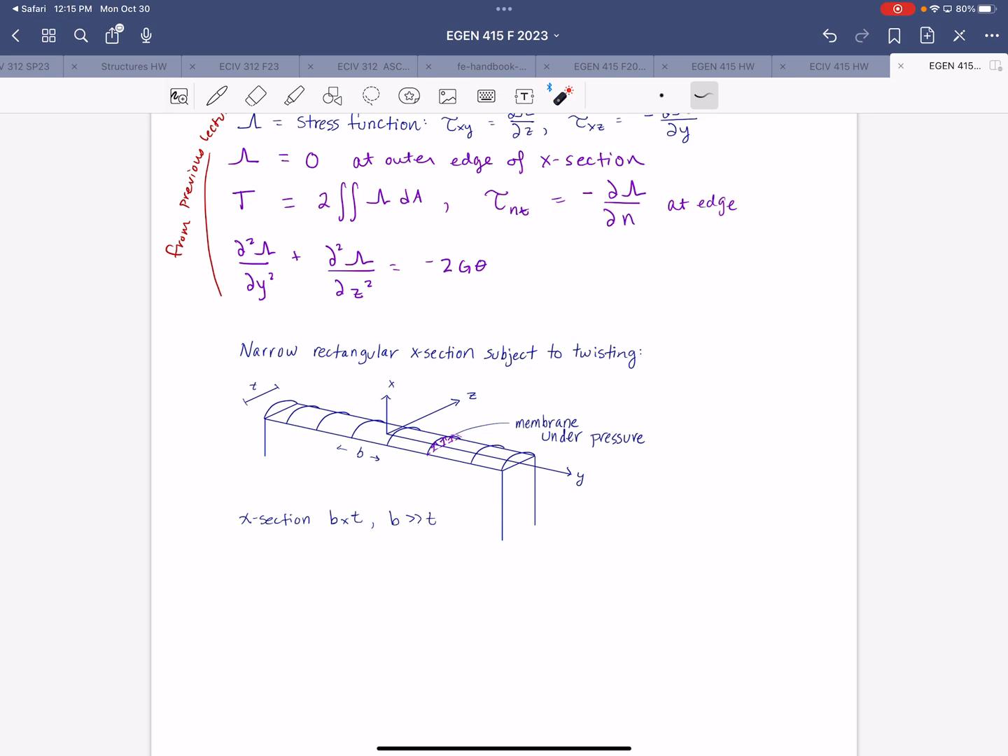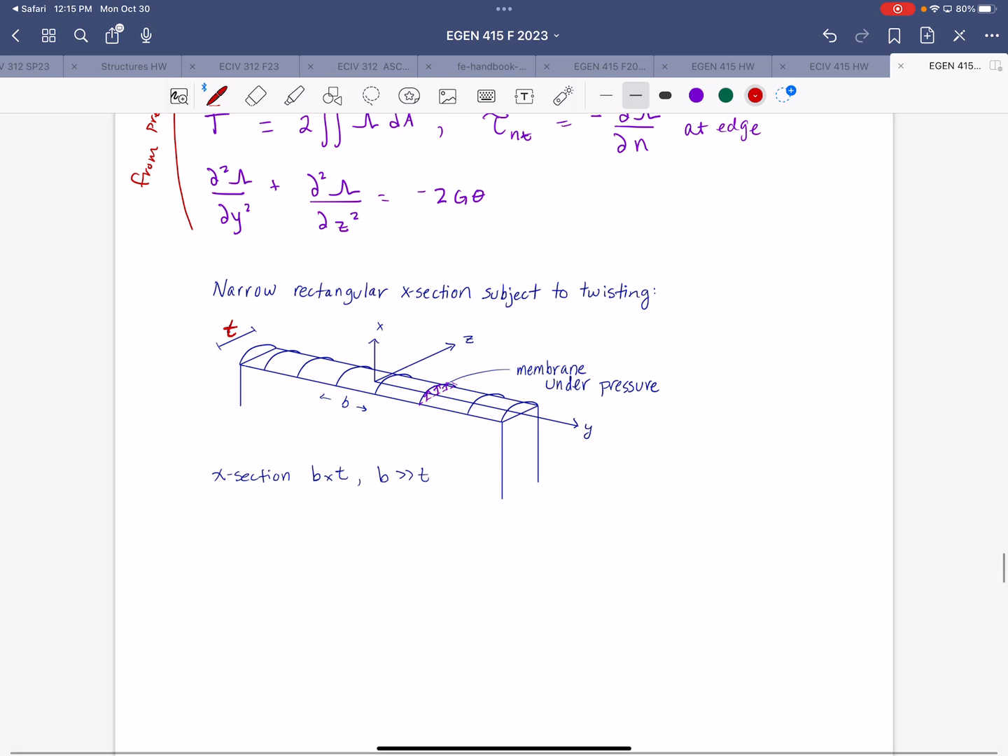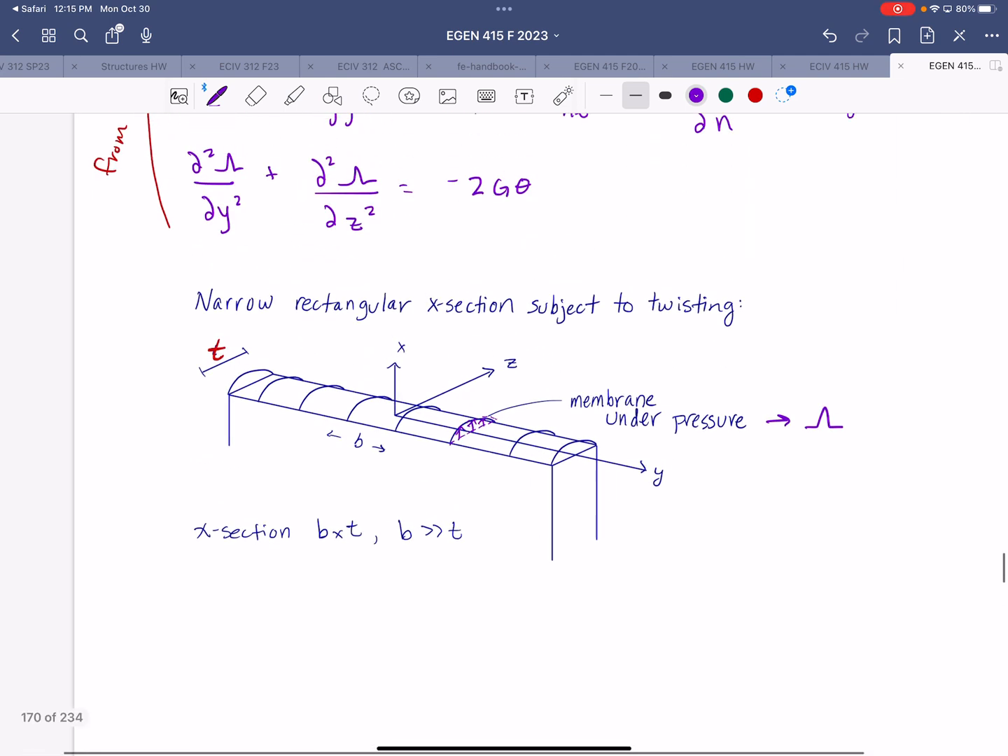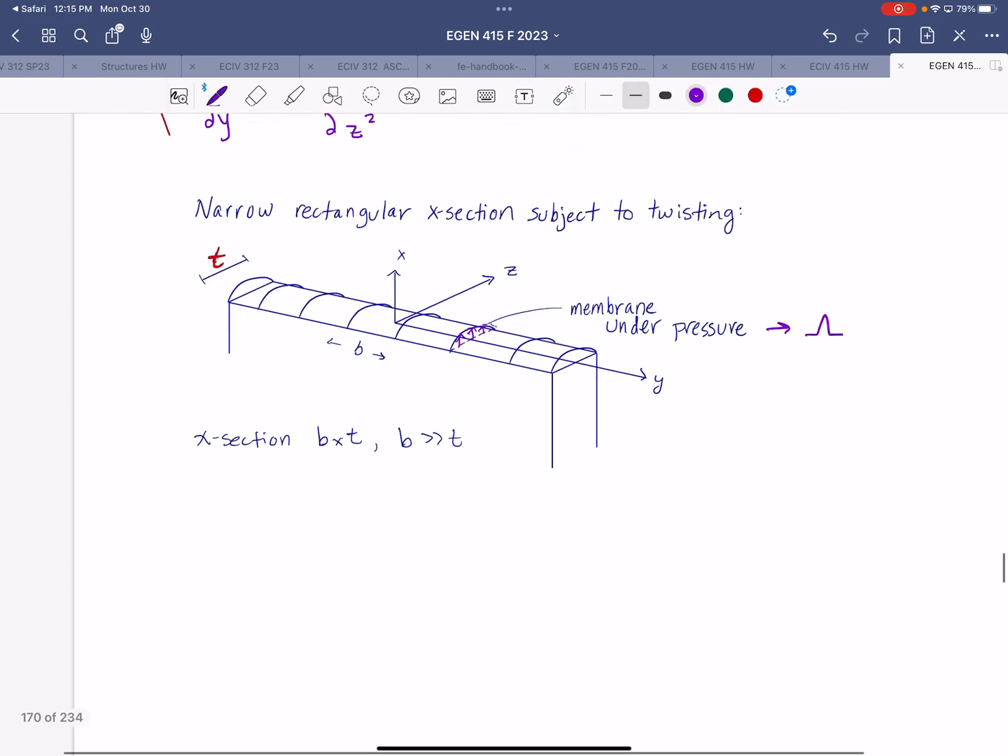So I'm going to clarify this right here. This is meant to be a lowercase t to represent the dimension in the z direction. And that membrane is our lambda. So the idea here is we have a section where the length is much longer than the thickness, and that's when all of this would be applicable. So if we start with this equation right here, which is a differential equation,